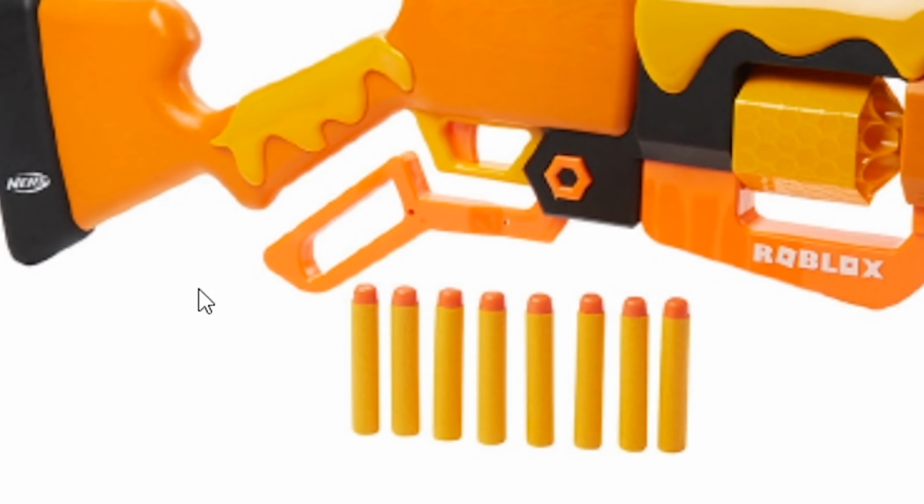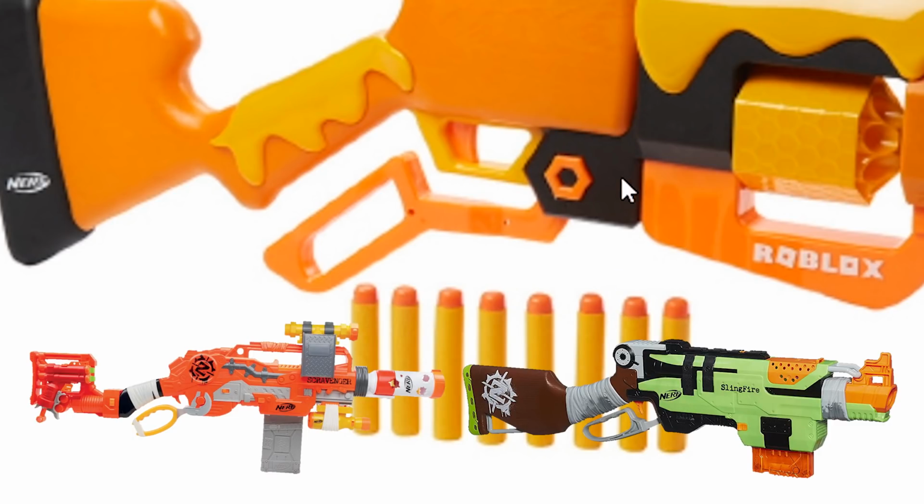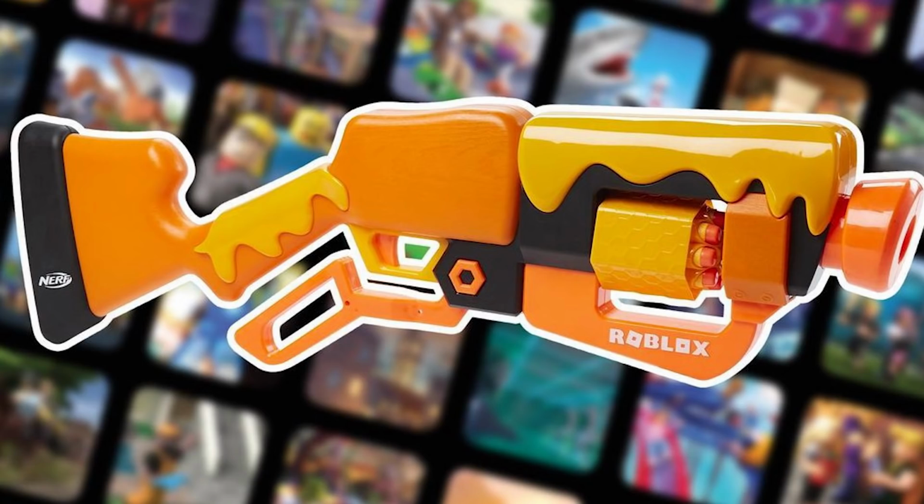The standout feature is this part right here, which is a lever action priming handle, and it's very similar to the Nerf Scavenger or the Slingfire, two other blasters that also have this style of priming. Right here we have an 8-dart rotating barrel. At the back here we have an extremely small looking stock, and this is the part that worries me the